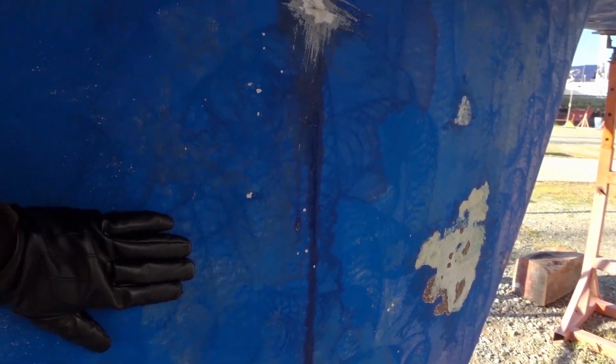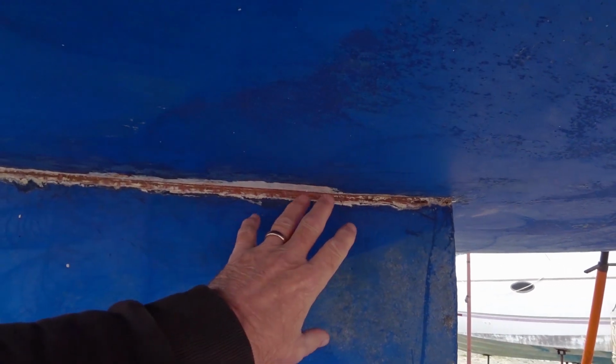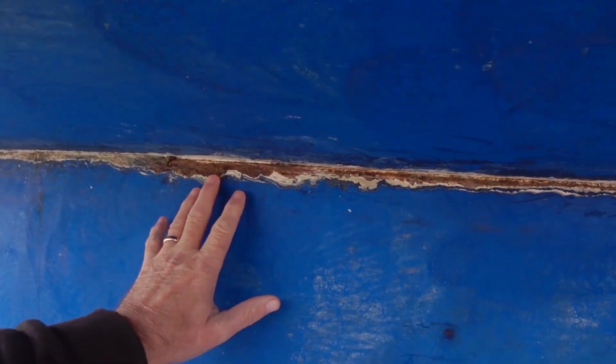It's not too much of a concern really, because the keel is actually a solid piece of iron, so obviously something's being filled here. So we're going to have to take that right back down to the iron and find out what's going on in this area. So the deeper we dig, the more we find. This is looking at the port side of the keel, and it's dried out quite nicely. I think what we're probably going to try and do is strip back the keel to the bare metal and put epoxy primer on it, quite a few layers of that, and then also obviously anti-foul here on the starboard